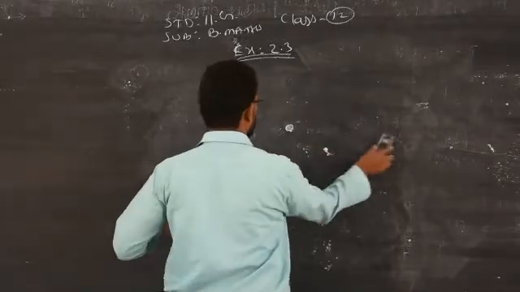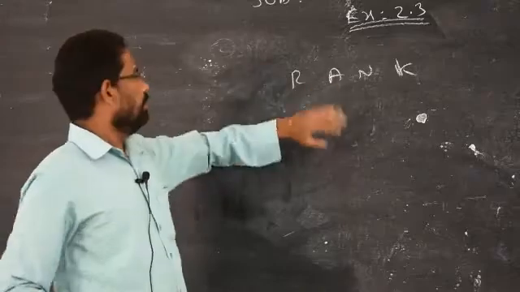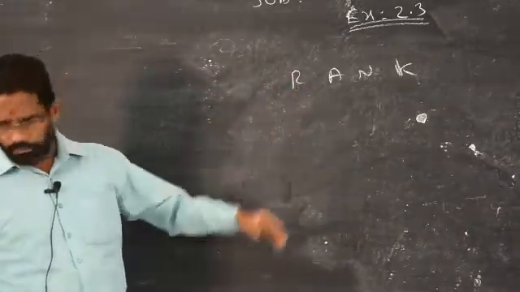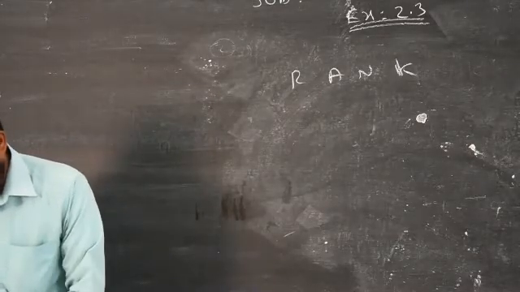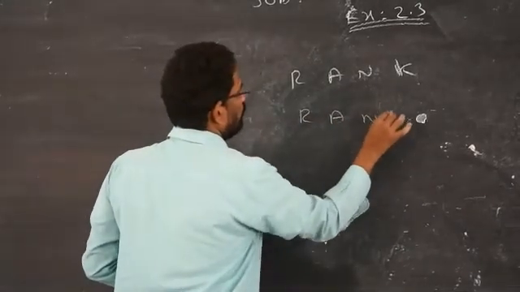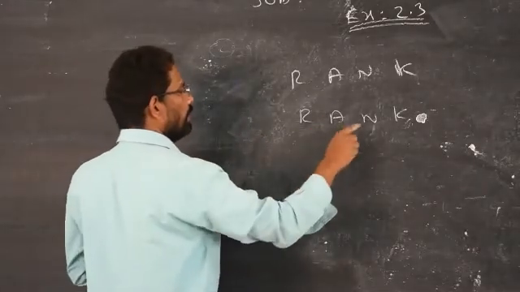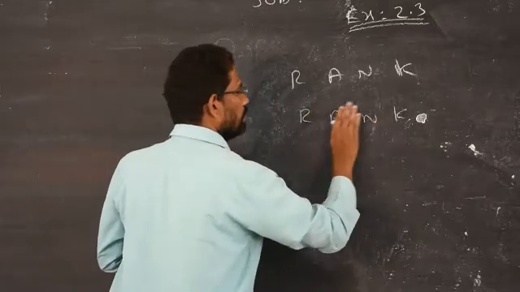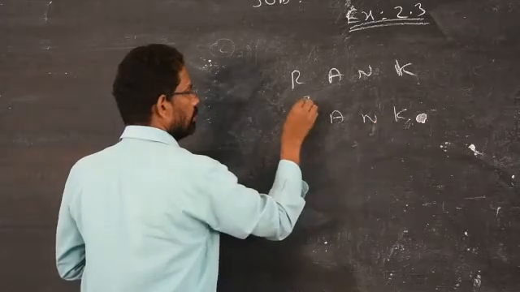That comes in permutations. So it is given very clearly. Boys, you will see the examples. How to find the rank of the word RANK. So there is a method to find rank. Just write it as it is, R-A-N-K, and see how many letters are alphabetically smaller than R. That is C, 1, 2, 3. So 3 you have to write.